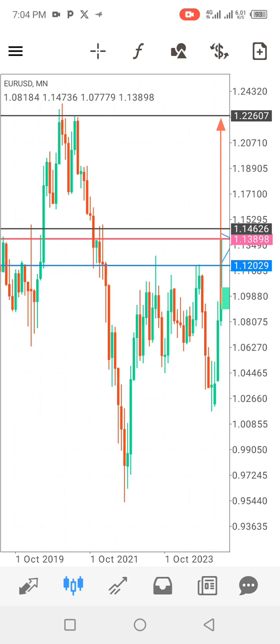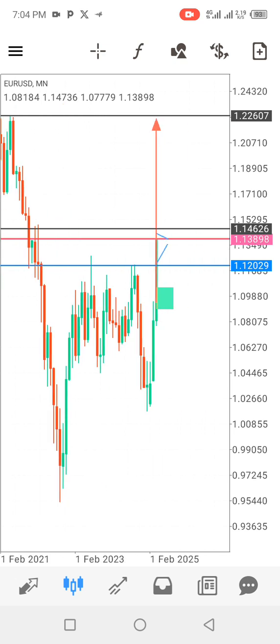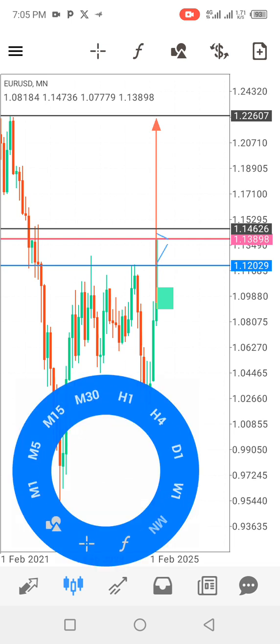Currently I'm on a drawdown. Yes, so today let me just give you a very quick setup on euro dollar. Now I'm on the monthly time frame. So now on the monthly time frame,